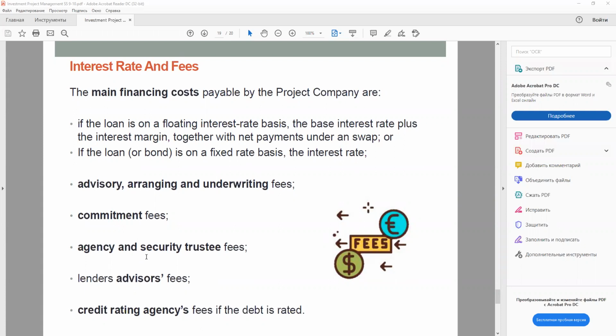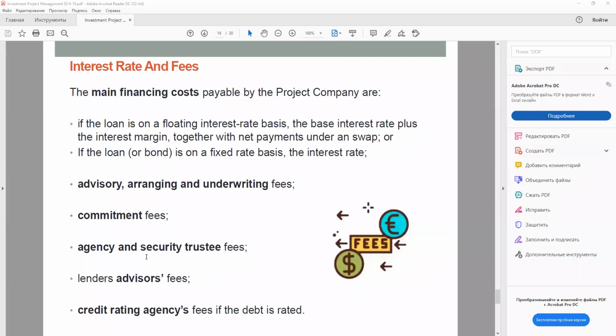And the last, the proportion of the fee that has to be reallowed to sub-underwriting club or participating banks to induce them to join the financing. So some free money to incite other banks to participate in a syndication. Roughly speaking, the overall level of fees is about the same percentage as the interest margin. If the arranging bank is also acting as a financial advisor, this may increase the fees by around 1%.